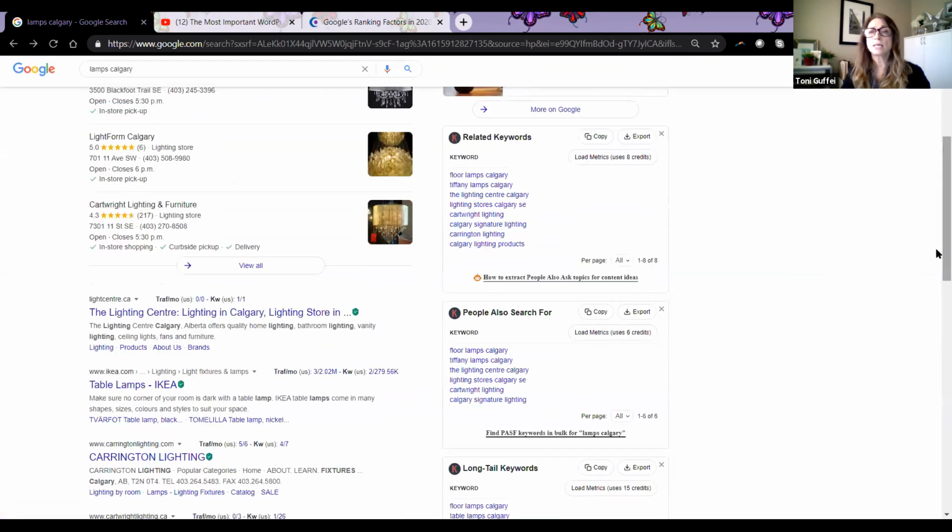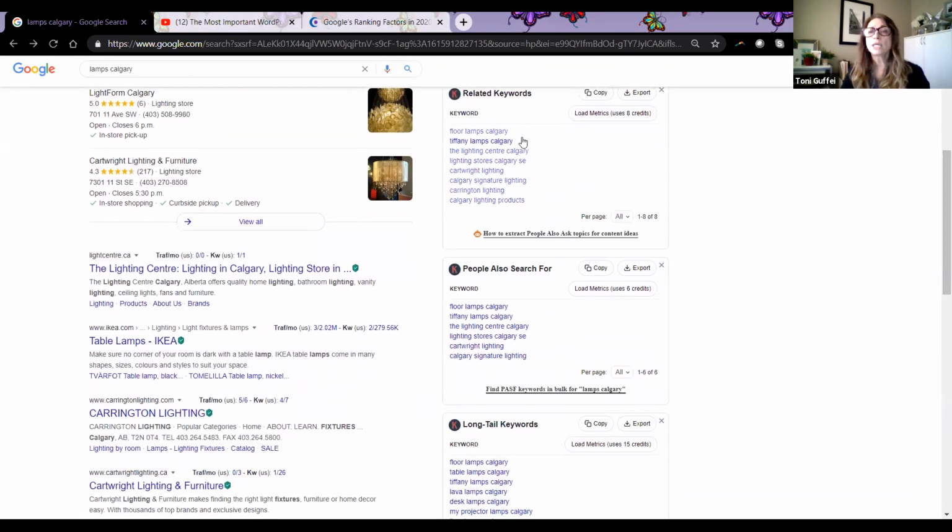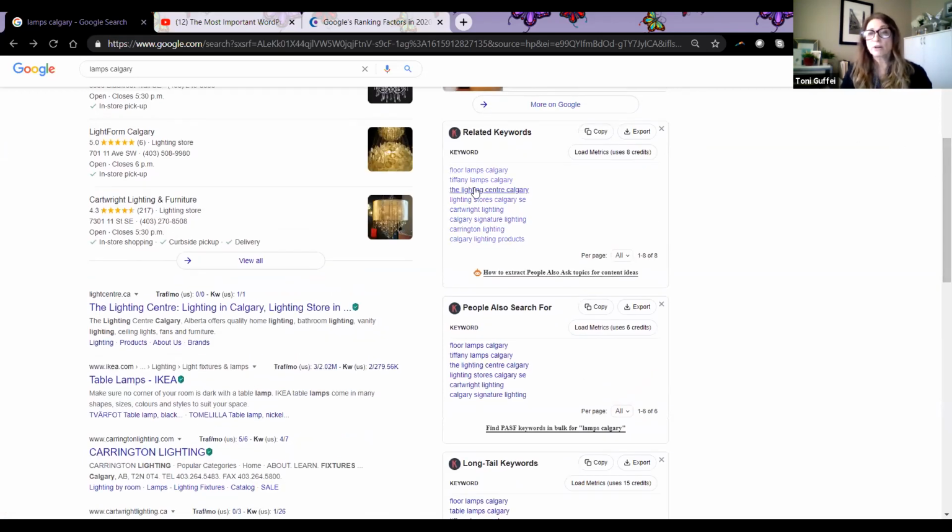So once you install it, these boxes will show up all the time, and it will give you the keywords that are being searched by priority. So this will be the highest volume. And if you want to know the exact metrics of the volume versus difficulty, you can actually buy credits, and they're not very expensive. But I use this keyword tool just to figure out what are some of the keywords that I can use, not just in my search engine marketing, but also in SEO,